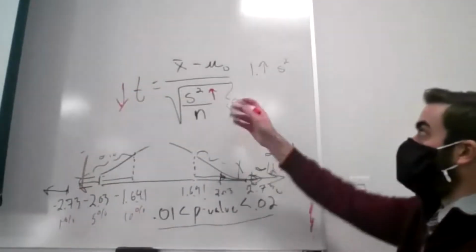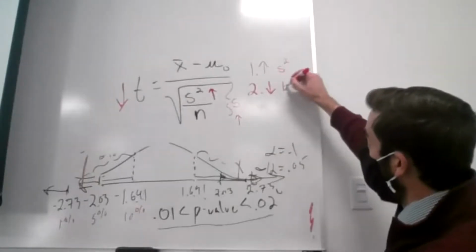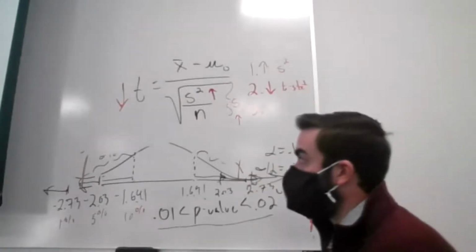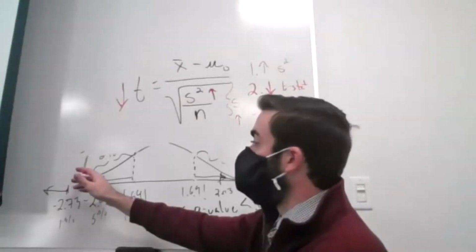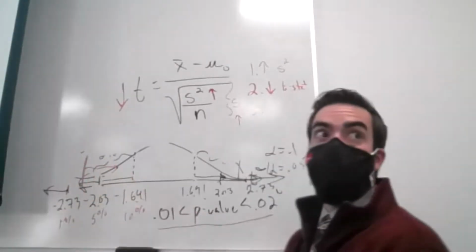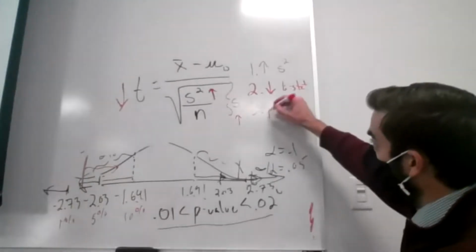Actually, it's lower, right? I'm dividing by a larger number. So a higher sample variance actually leads to a lower test statistic, lower in absolute value, which is going to be moving this way, which means the area to the left of it, kind of reflecting that p-value, that p-value is going to get